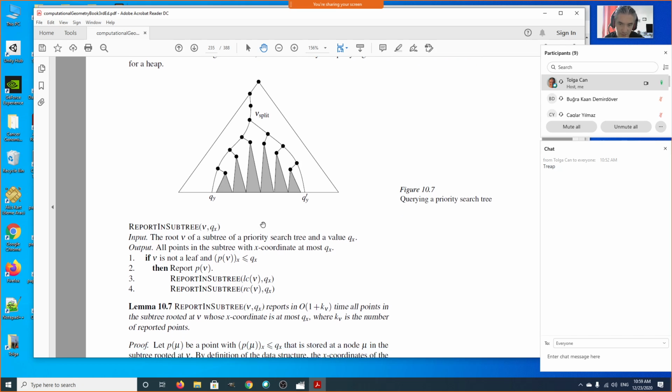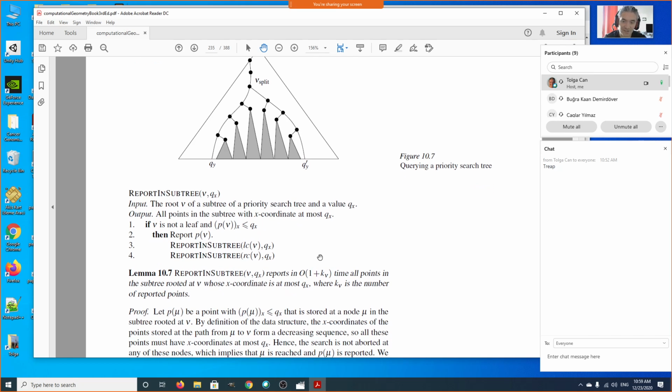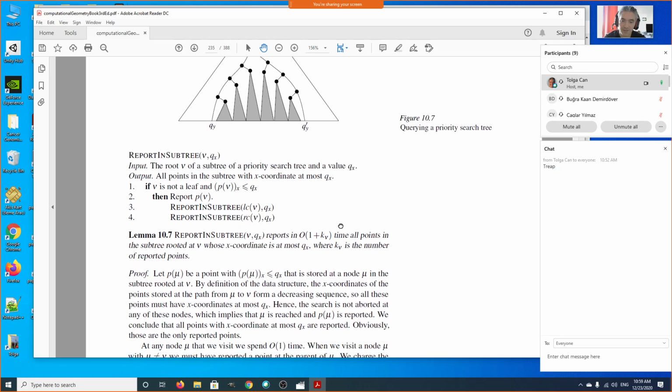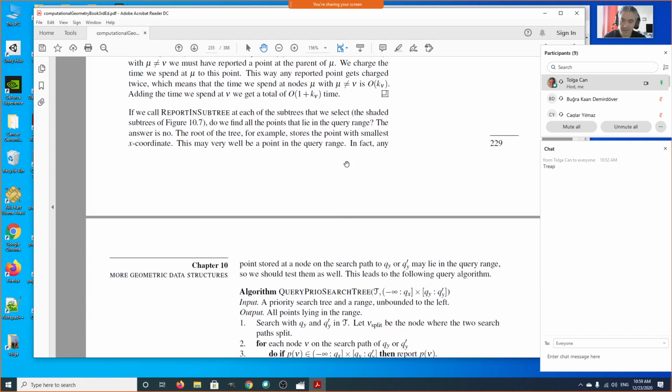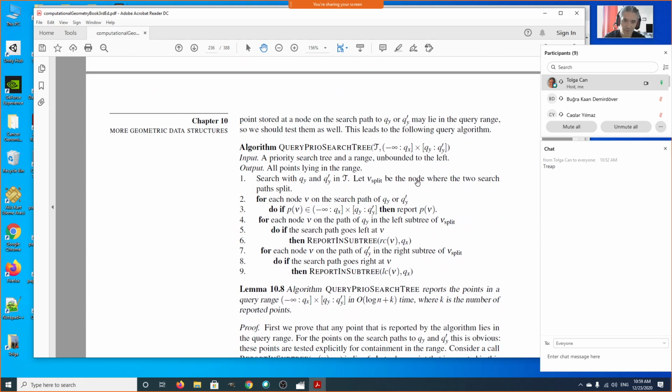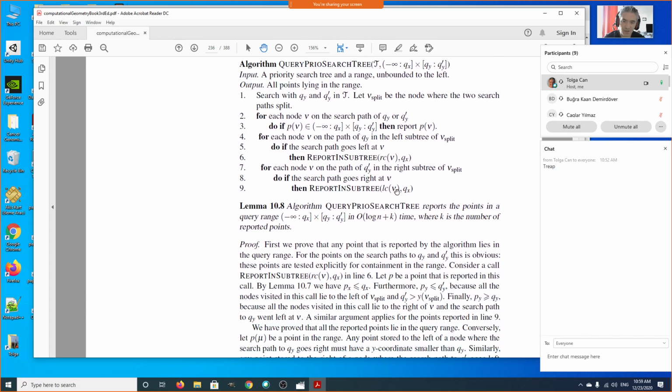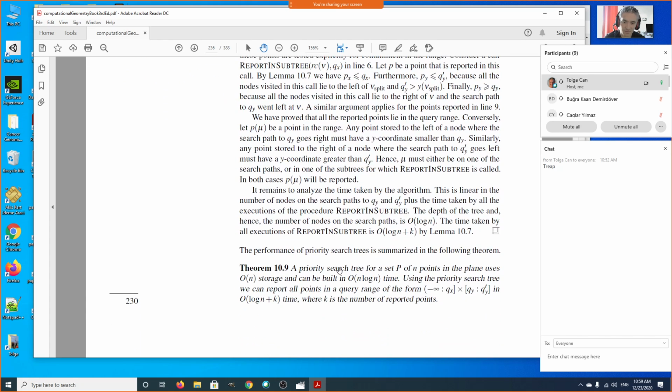All right, but it has to be only queries of that type, unbounded on one end up to a certain threshold, and the other is a regular bound. Okay, so this is the final thing about this. By using this priority search tree, we have the final theorem about this